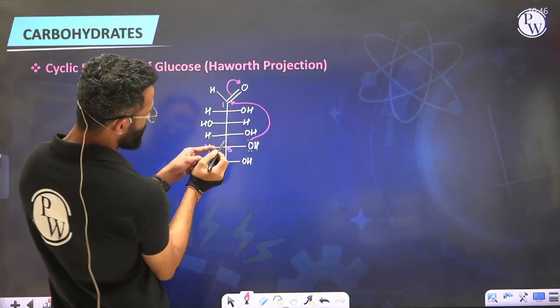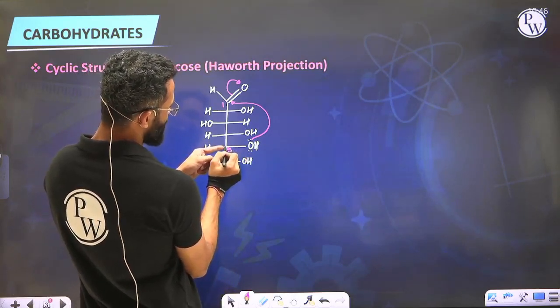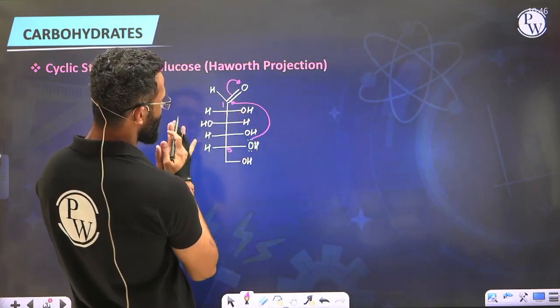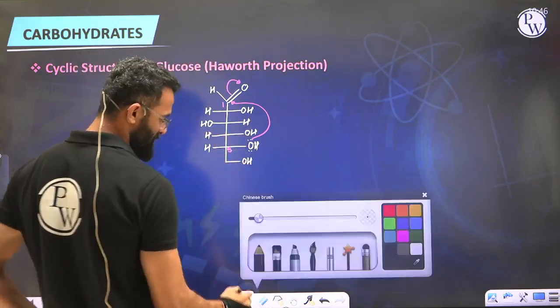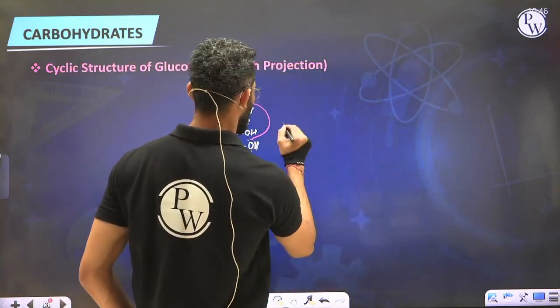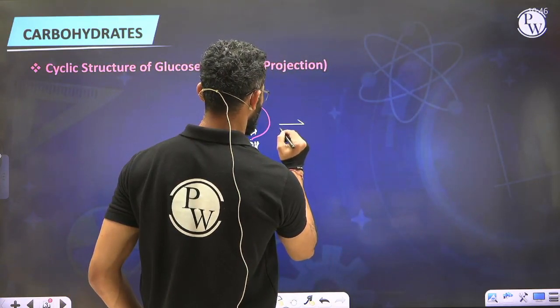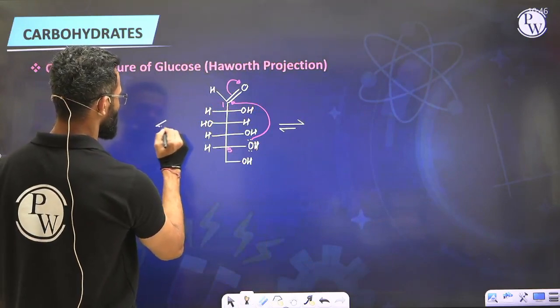And C single bond O minus will accept the proton and will become C single bond OH. So that's how the open chain structure is now forming a cyclic structure, where you will see carbon number 5 is connected to oxygen, and the oxygen is in turn connected to carbon number 1. So we are getting a cyclic structure. How to represent that cyclic structure? Let me show you that. So this molecule will be in equilibrium with, and also in equilibrium with,